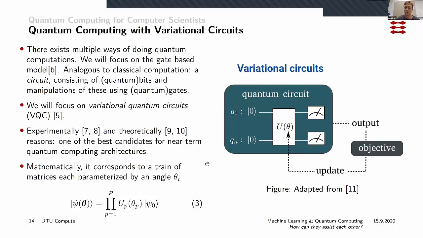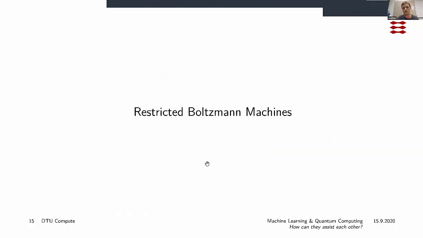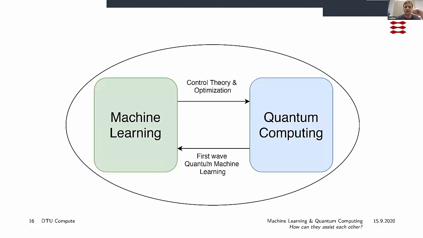If we leave this aside and just keep this in the back of our head, we can now start to ask what kind of interesting problems we can solve. And for that, I wanted to focus on the restricted Boltzmann machines, because that is, I think personally, one of the most interesting cases for near-term devices. People have tried to look at the restricted Boltzmann machine, which is actually an old model. I will introduce it in a moment, but it's a very old, very small model, which due to its smallness, we can actually do some interesting things with the quantum computer on it, simply by its size.